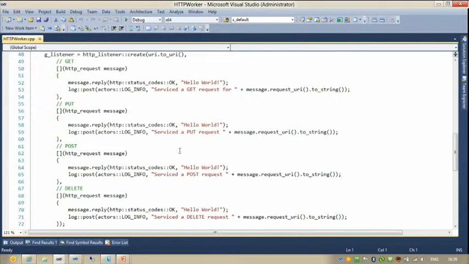There are several overloads of the create method on HTTP listener that allow you to combine things in different ways. And there are more advanced, sophisticated APIs also that allow you to just do some of these and so forth. But here we can actually service all of the 4 major HTTP methods: get, put, post, and delete. Let's run this one.